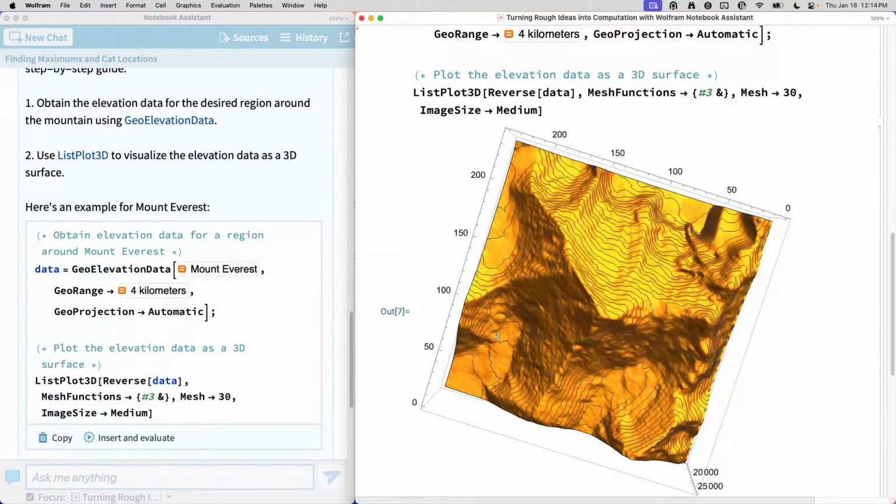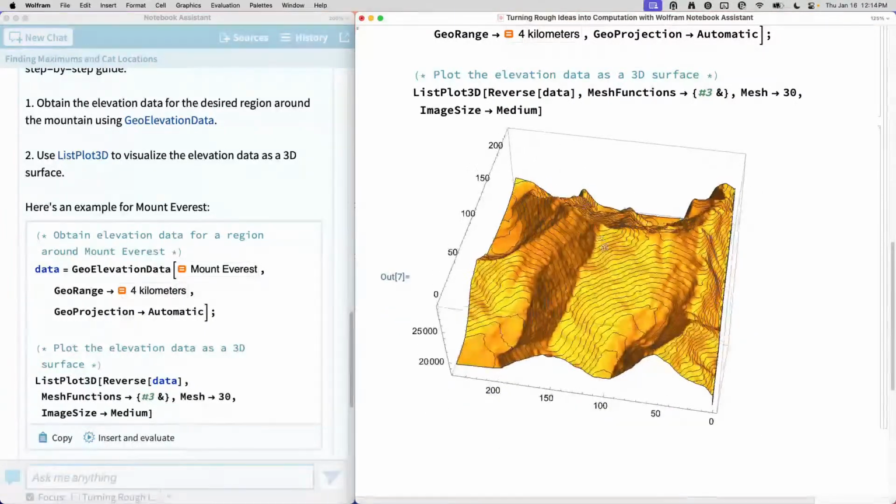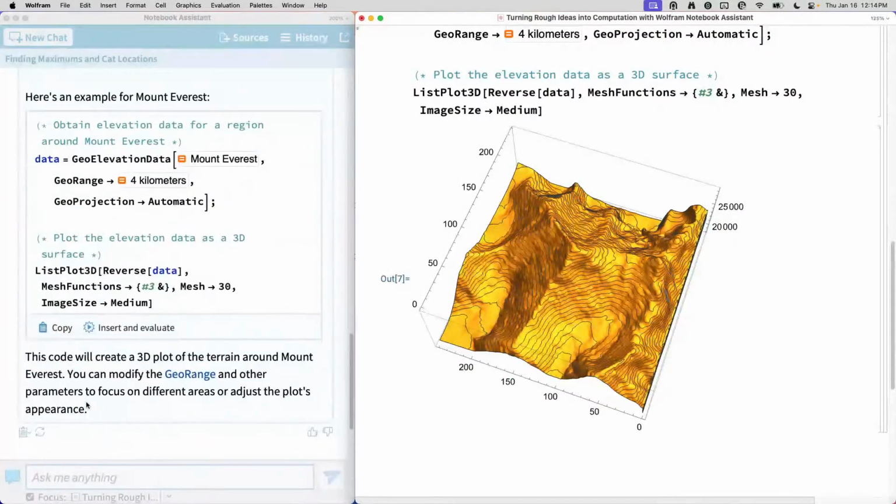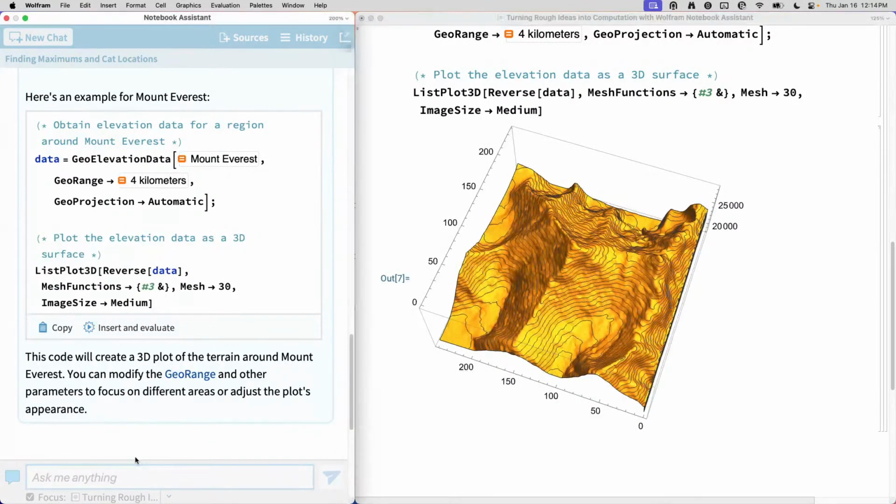The elevation is pretty constant, so we don't see too many contours there in a sense. And now, because the Notebook Assistant is aware of the previous conversation and of what's in the notebook, I can say things